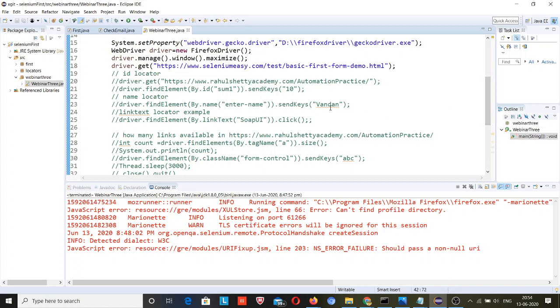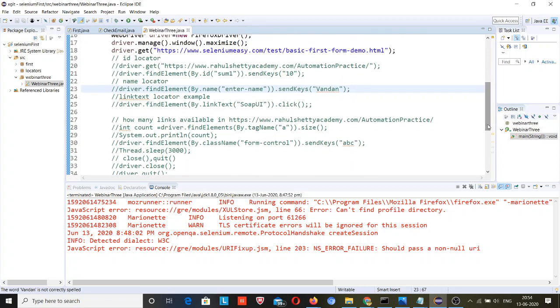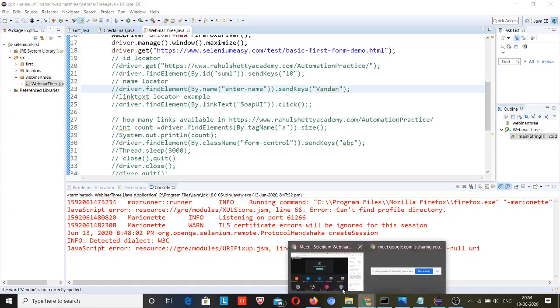So why do you need to read this value? This value you are passing, so you know about this value. I mean, suppose we are taking a toolkit from the users as input, so we want to know what input they are providing. There is a method, the get text method. You can use that method and check your things. I will come to those topics in further lectures, but for now, the get text method is used to get the text present in the field or somewhere else in the web element that you are locating.